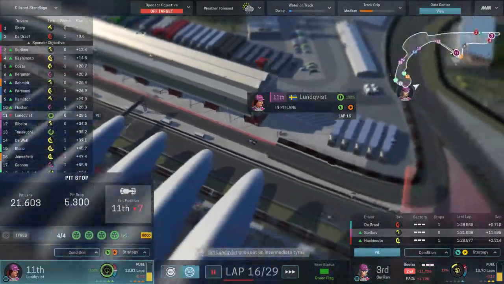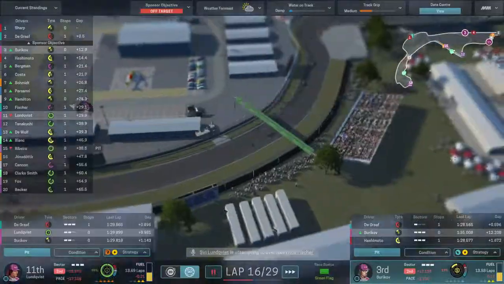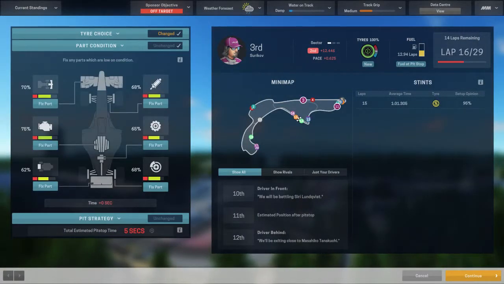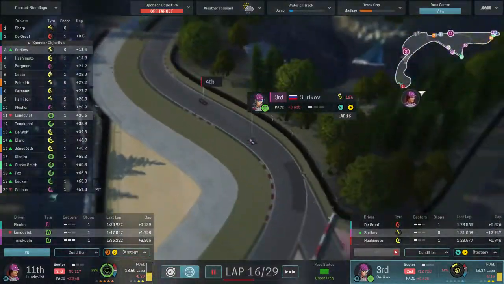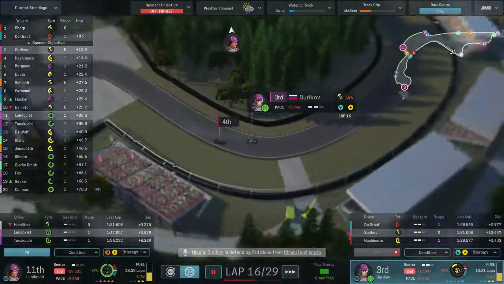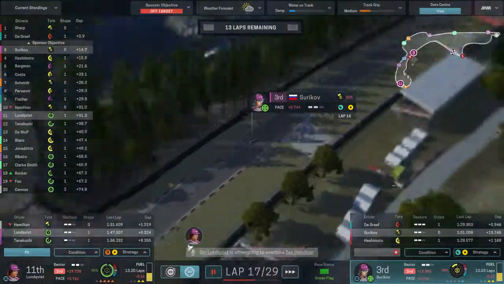Okay, good pit stop. Okay, pit stop. So he might be going in at the right time, but I think we left it too late. His tires are gone. 4th place, Hashimoto is all over him. But Lundqvist is at the front of the people on the enters. It's not too bad for him, but Tanakuchi...